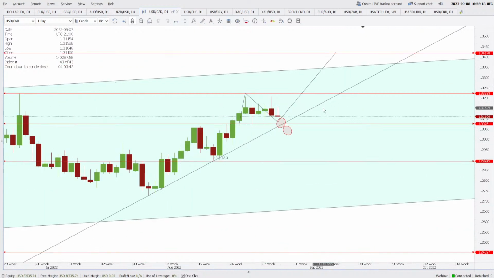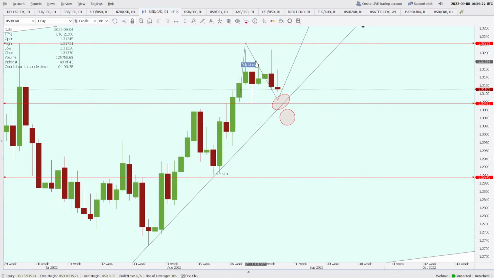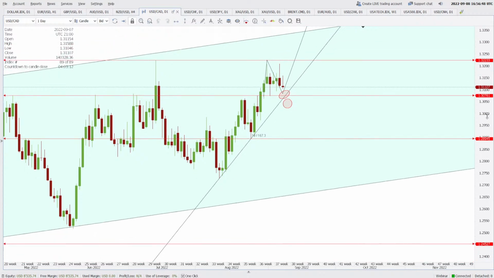US dollar against the Canadian one. Who remembers saying that after reaching this resistance here, the price will come back to test this as a support and then eventually may rise to 1.3223? Of course, the price has not come back here and found support, but still it is on the way. Maybe tomorrow it will come here, maybe it will breach and then go up, but there is a possibility of 1.3223 again in this market.